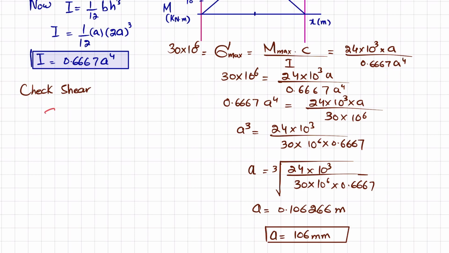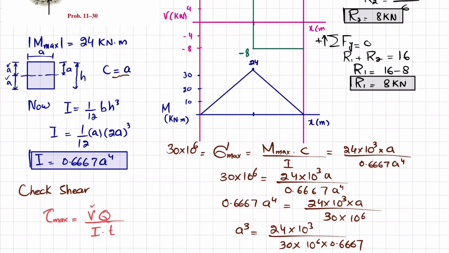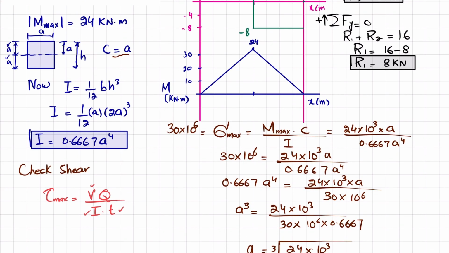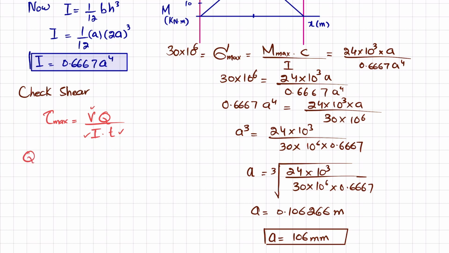So we know that the maximum shearing stress is equal to V into Q divided by I into T. V is the maximum shear force, which is 8. I is there. T is also equal to A. So we do not know Q, so we will find Q. We know that Q is equal to